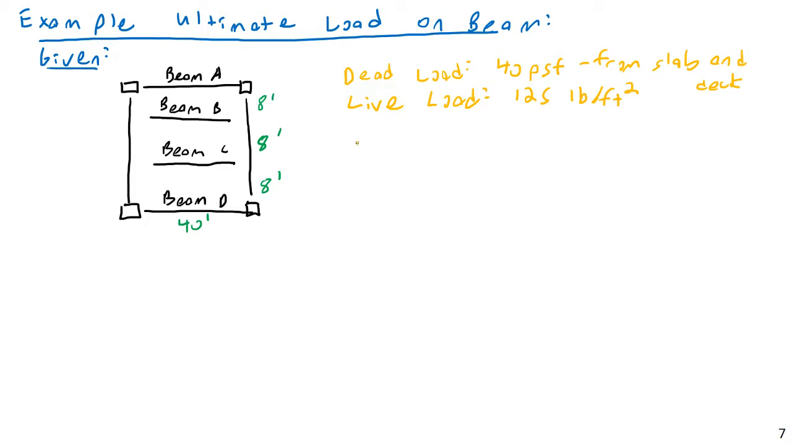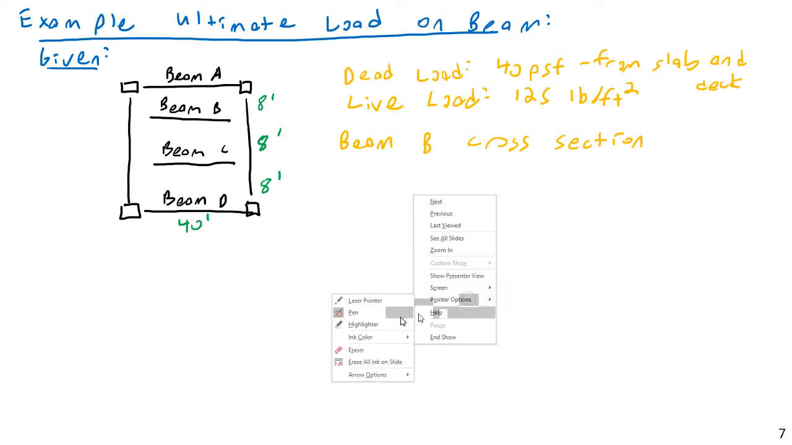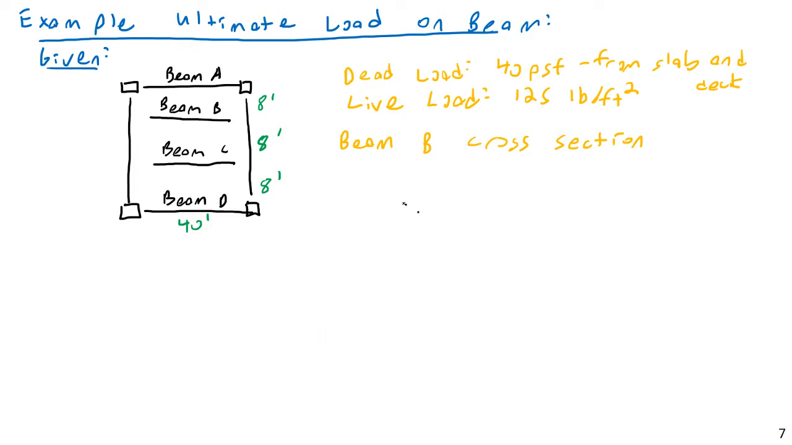And I'm also told that I have the following section for beam B. So I'm given the basic cross section of beam B. And the cross sections are like this. So it's going to be a 20-inch deep beam and 14 inches across. So it's a 20 by 14